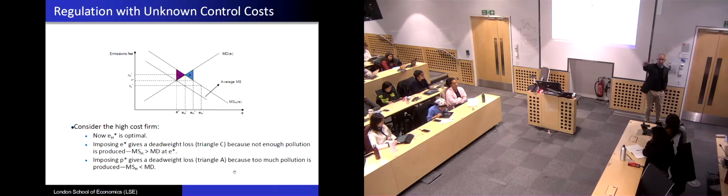The information that you have in this specific setting is that you know there are 2 types, and there's a 50-50 chance that it's one of them. So you, as the regulator, are trying to minimize the abatement cost, because you don't want unnecessary spending, and you're also trying to minimize the